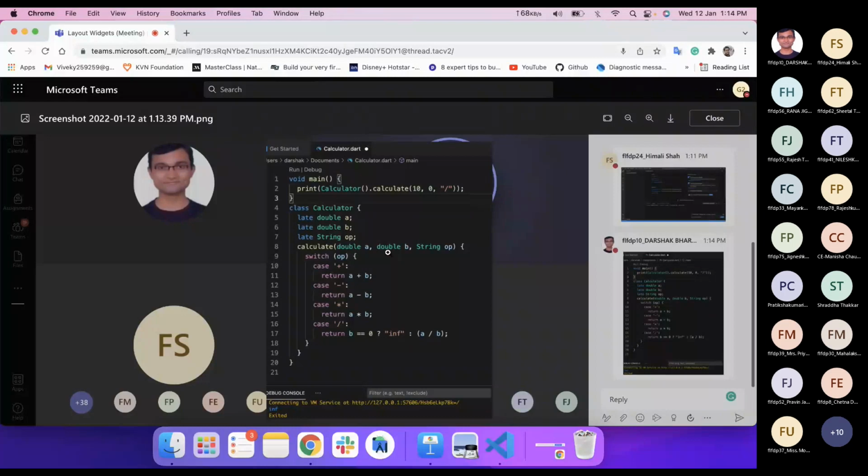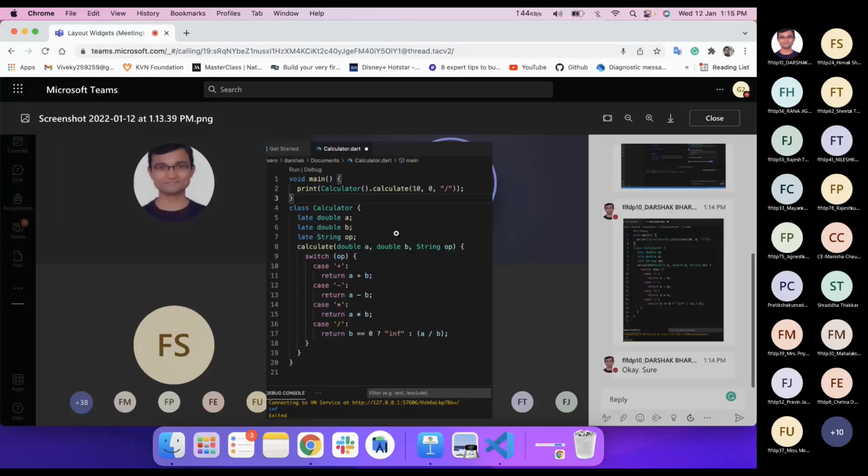You will have one more function, and in that function you have to print the values. But in the main you will only use this single line.